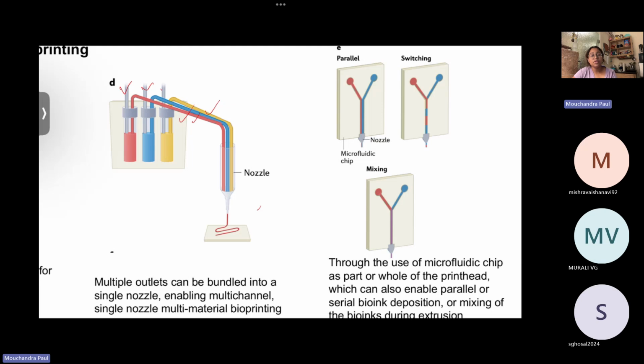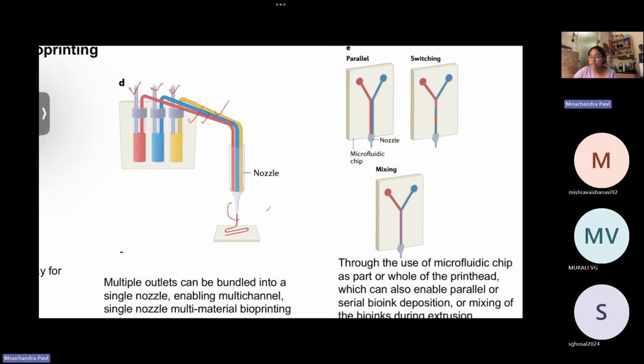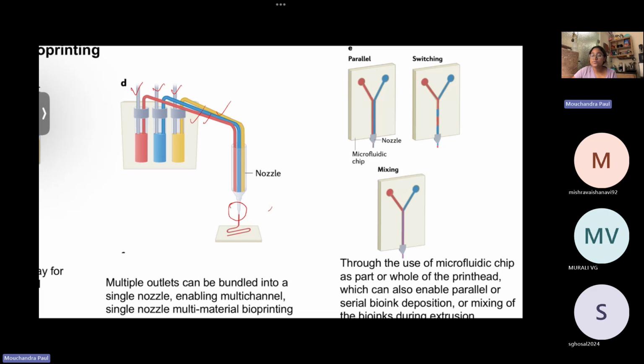Mix only at the extrusion point. At this point we are not very much focused on uniform mixing, because cells are just going to end up anywhere in between. The high viscous material will be used to provide support to the 3D space. The low viscous material may be much more cell-friendly, so cells will have a more tendency to go into the low viscous material, right? And the final structure